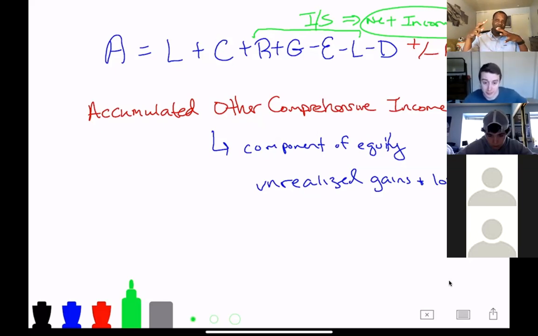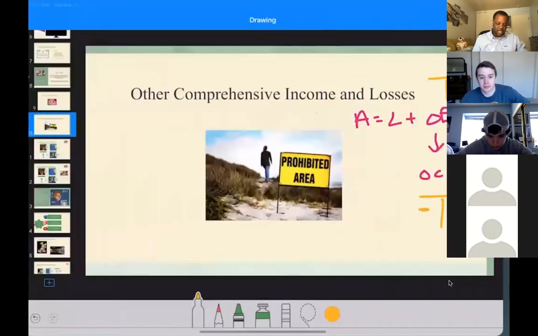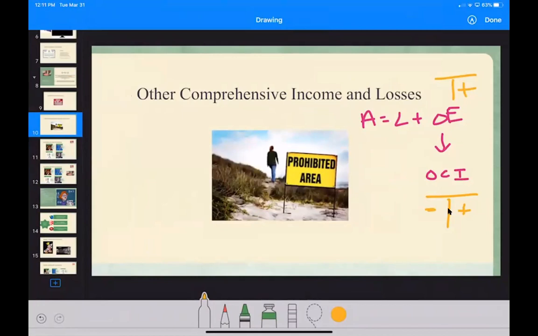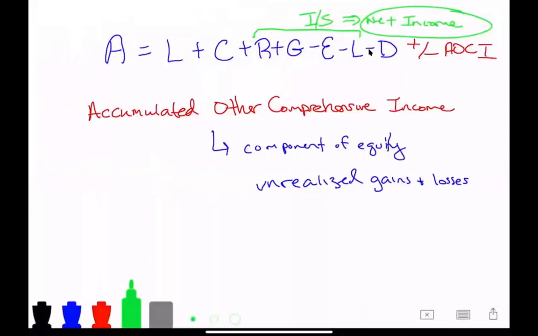But there are other things that the company is doing, other activities that are taking place that should not affect the net income of the company. So what the accounting gods have done is they've set up this other account within equity, right over here. Can you guys see my mouse? Yes. They've set up this other account within equity, so the accounting equation remains in balance, but it doesn't impact the income statement.